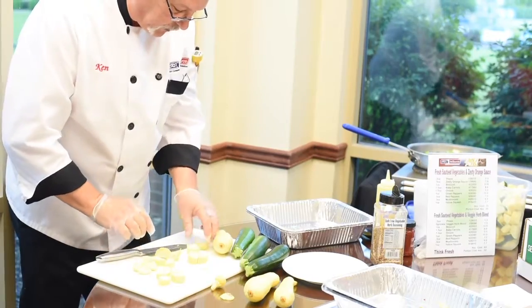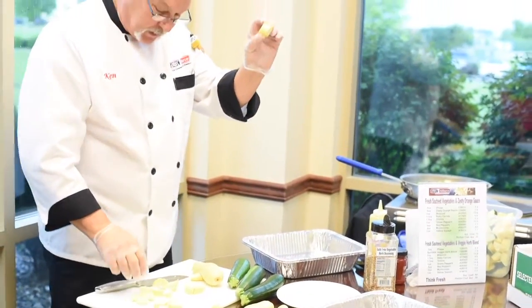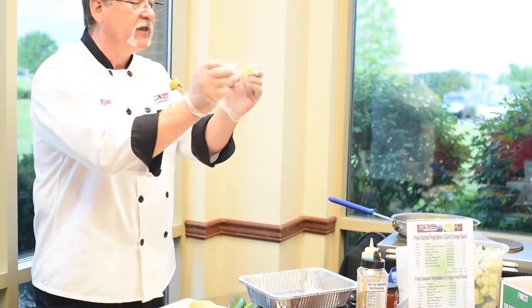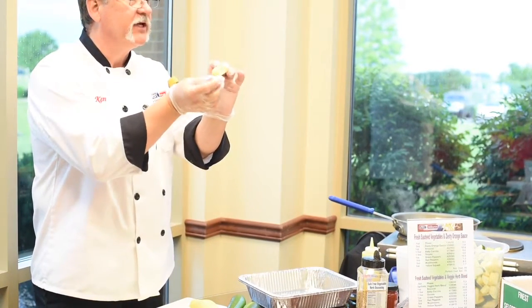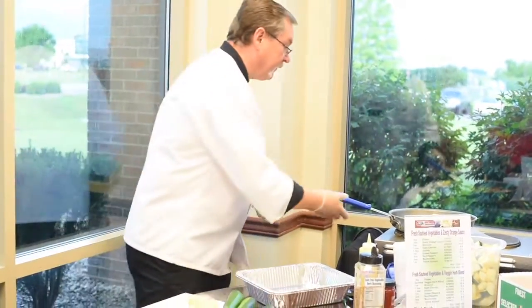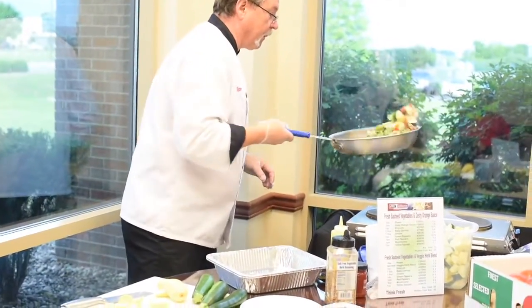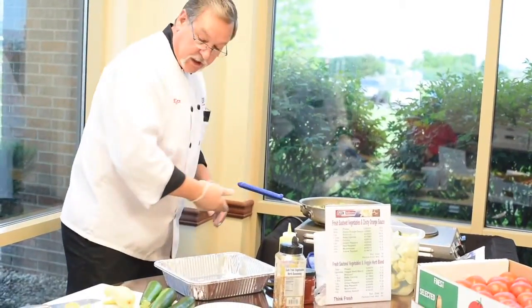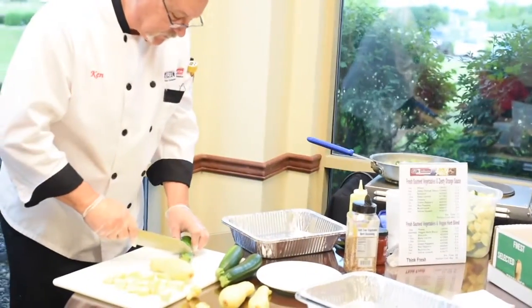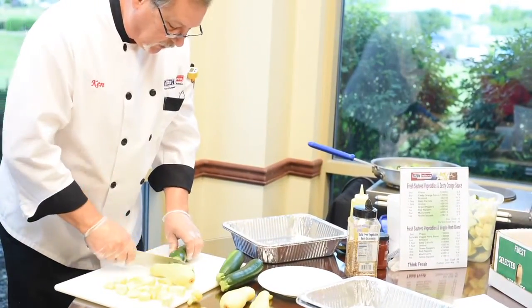So you end up with a nice thick piece at the stem end, but then at the same time, you take a quarter end off what was very large, and now that's quarter, and these two pieces are the same size. So they have the same cooking time inside the pan. Okay. And now zucchini is a little different in that obviously, again, we cut off the stem end,